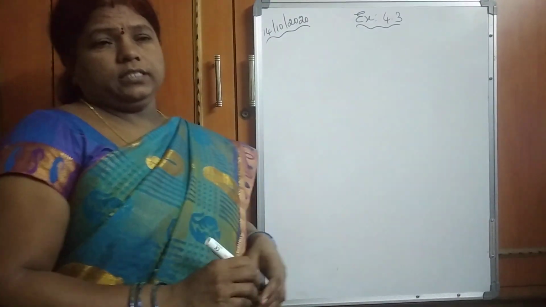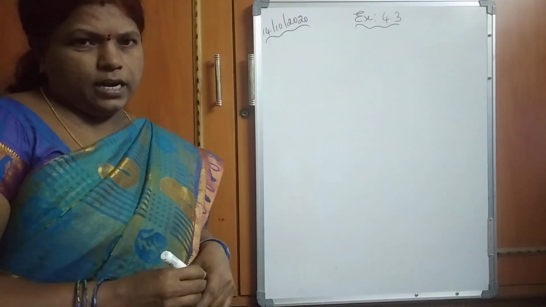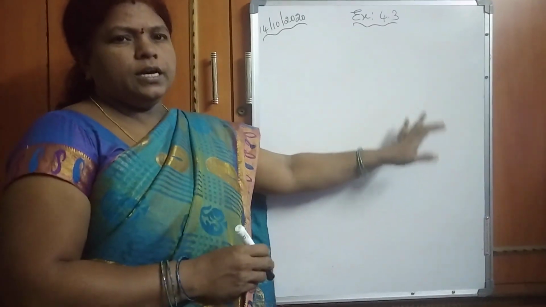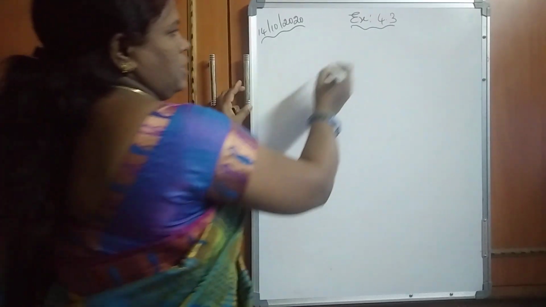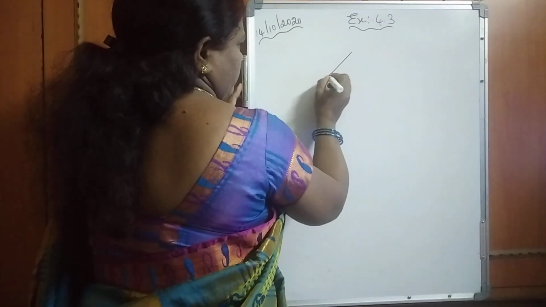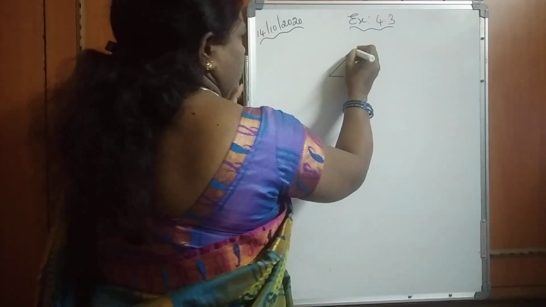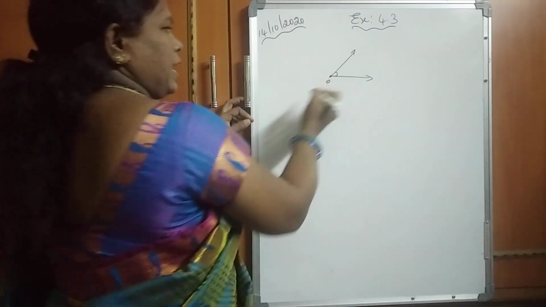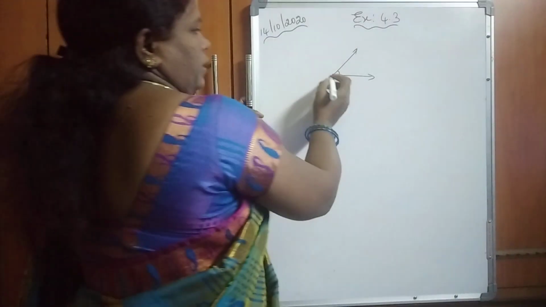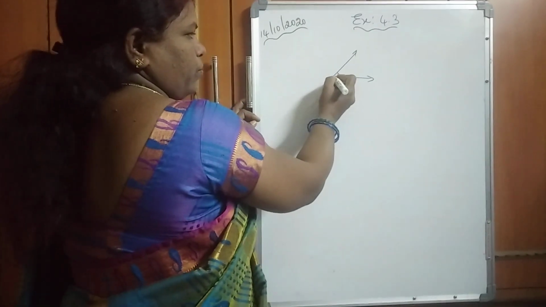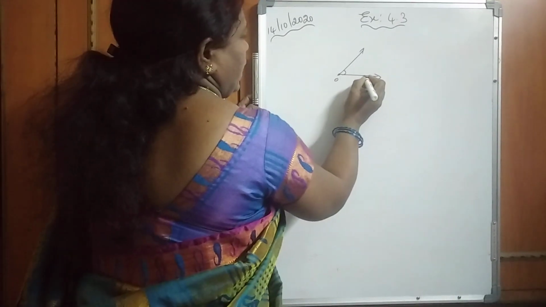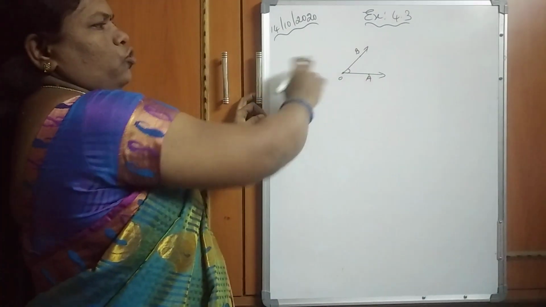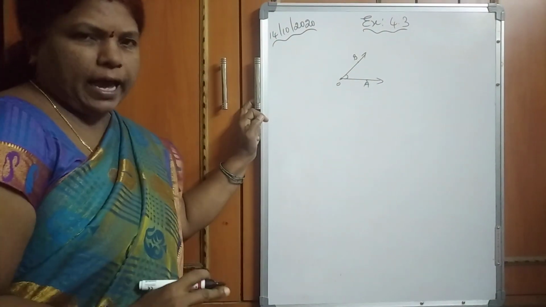Yesterday in the last class, Monday class, we learned about angle. How is the angle formed? When is the angle formed, children? When two rays meet at a common point, at the corner. This is one ray, this is one ray. When two rays meet at a point, there the angle is formed. And we have learnt already that the common point is called the vertex. And the rays OA and OB, this OA and OB are called arms of the angle.